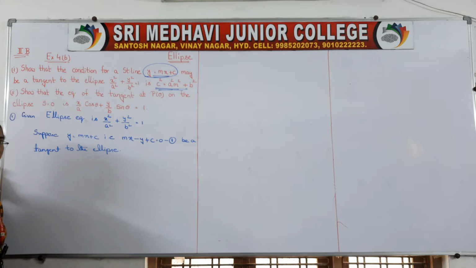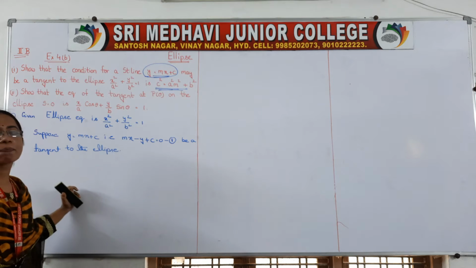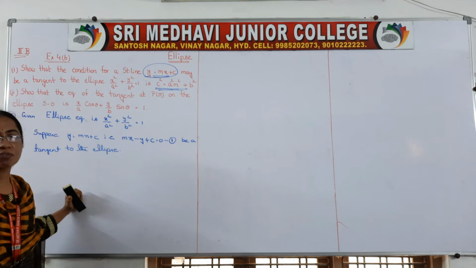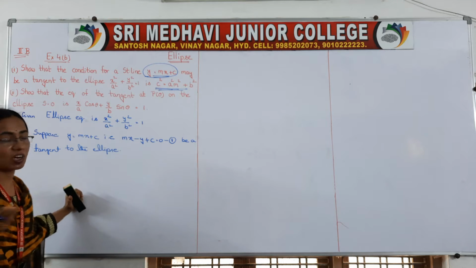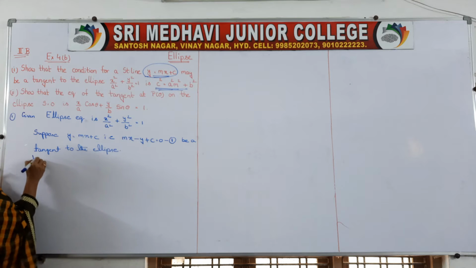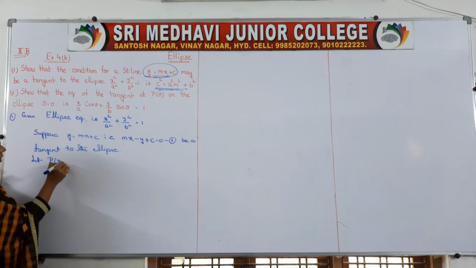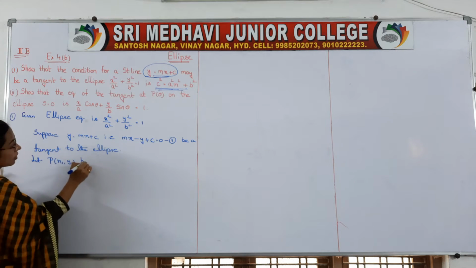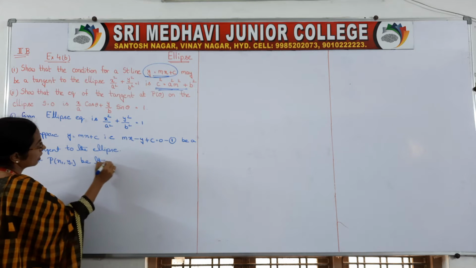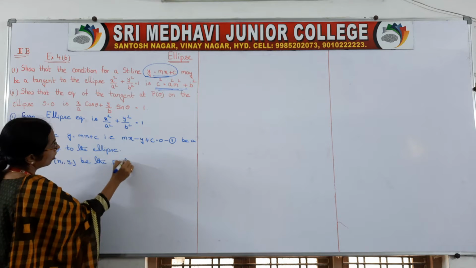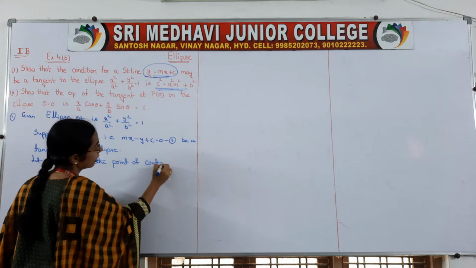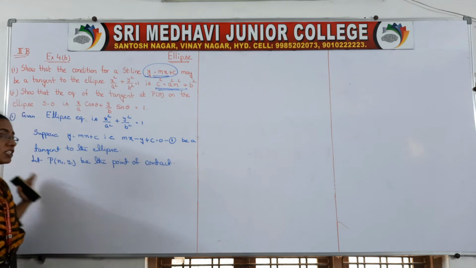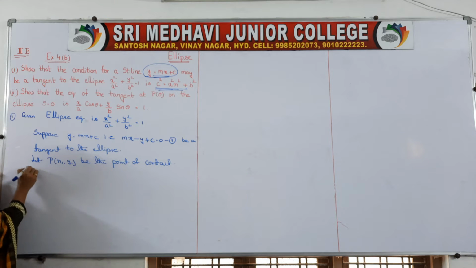So there will be a point of contact. What is meant by tangent? The line which touches the curve at one point, that is the point of contact. So let P(x1, y1) be the point of contact. Then the equation of the tangent